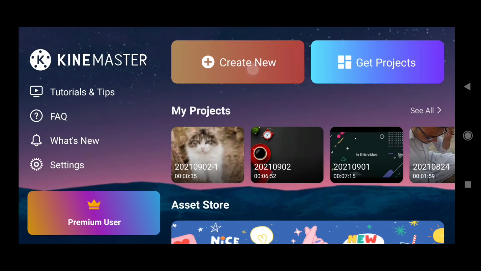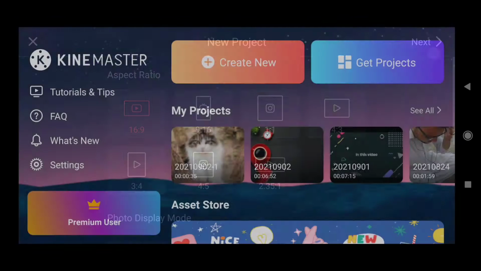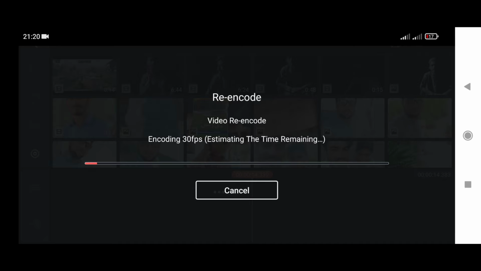So first of all, open the Kinemaster application and then open a new project and import your video from the media option. So here you can see I am importing the video from the media option,